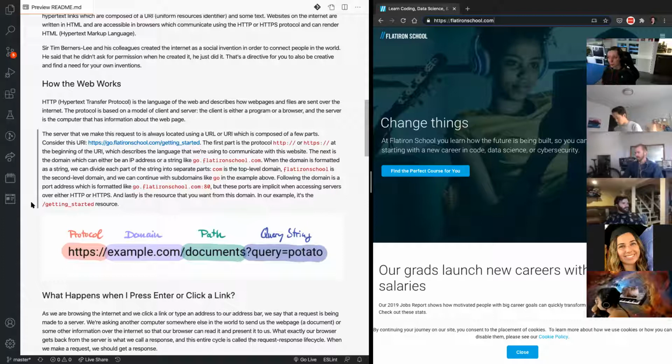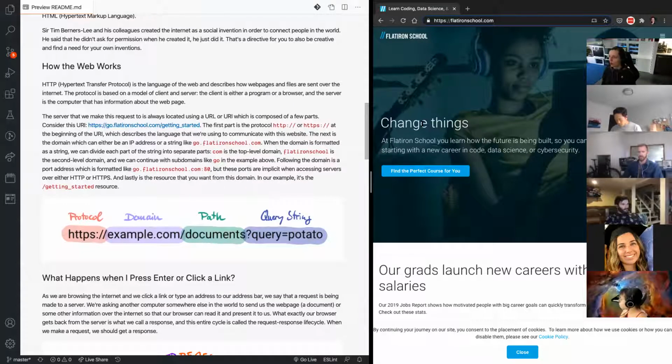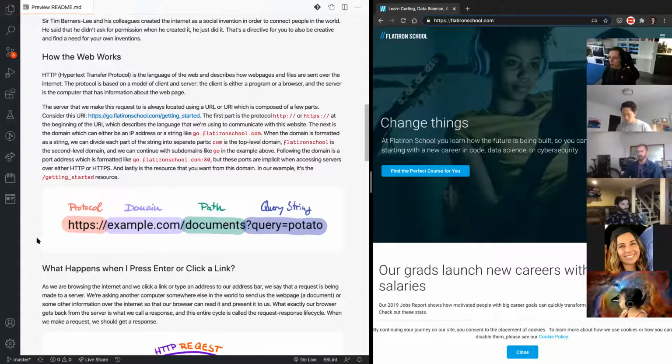that we need in order to make a request like this, to get a page like this back in our browser. So the first part of a URL that we type into the URL bar is the protocol. This protocol tells the web browser what kind of language we want to use. We want to use HTTP, HTTPS. How do we want to communicate with this website? There are also protocols like FTP, and that's all I can think of right now.